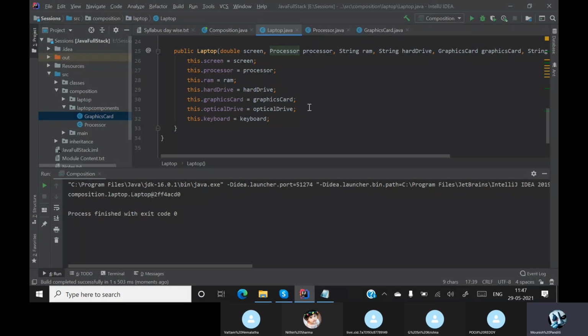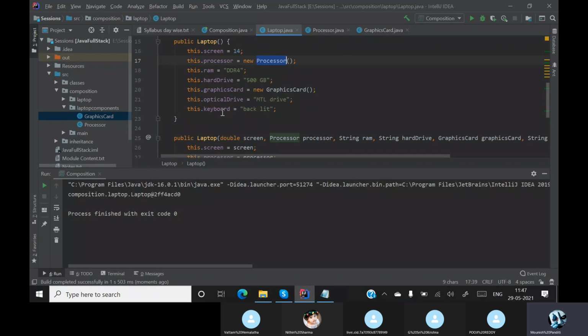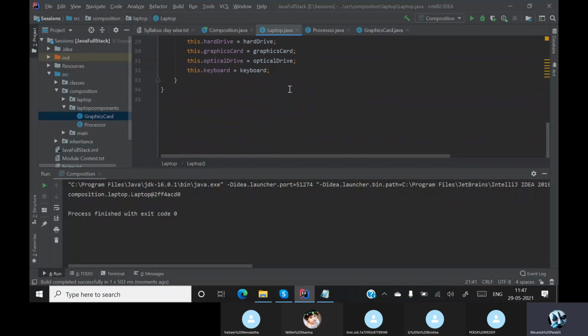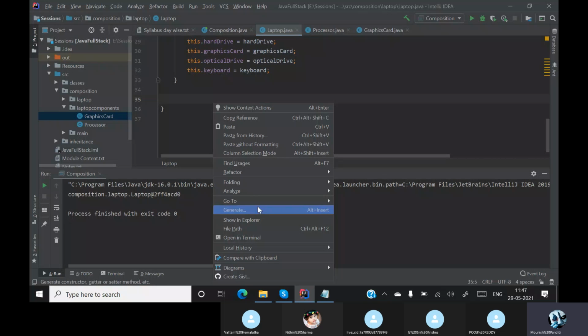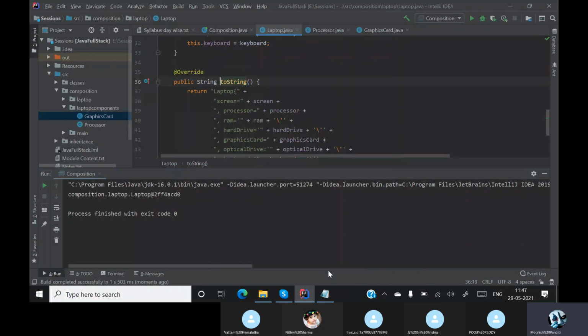If I create a toString method, then I'll get all my default values. Yes, sir. I'll generate a toString method. Now, if you see, I've created a toString method. Now I'll run the same thing.